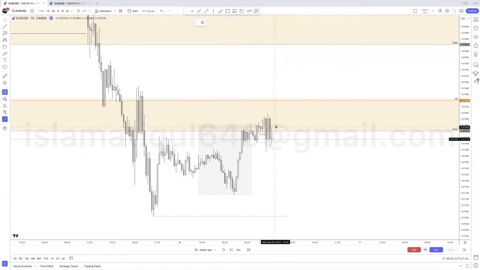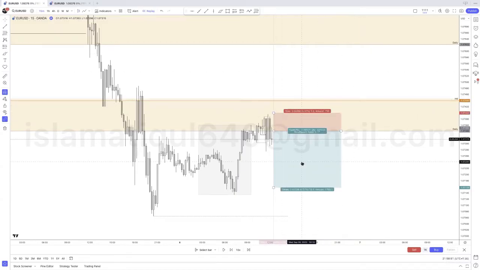Now let's see. Okay, so I'm going to place my sell limit again on that same resistance, expecting London to give us a move here and then a clean drop. Stop loss can go all the way up here because we know that there's a strong resistance, right? So now we don't have to waste time drawing more